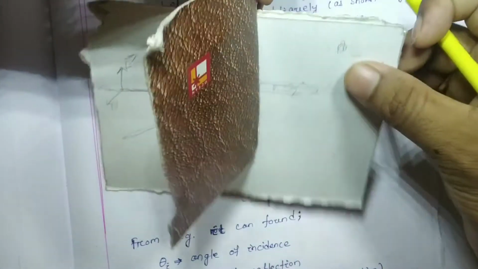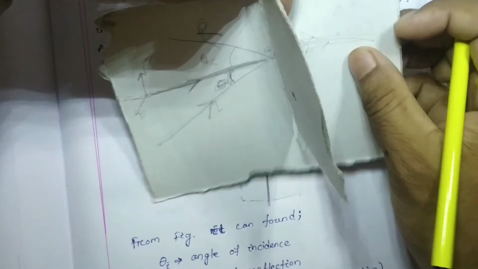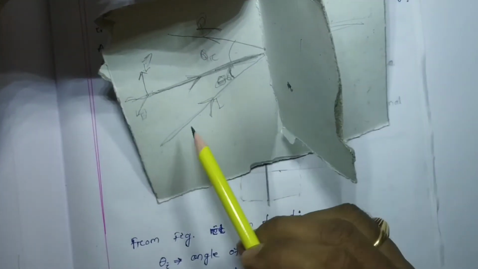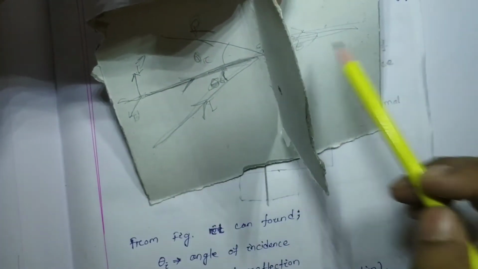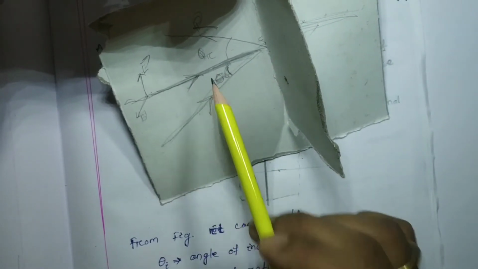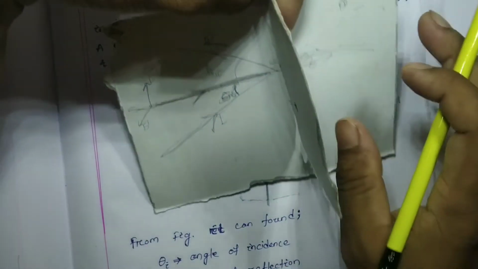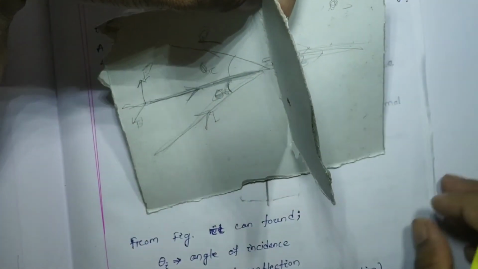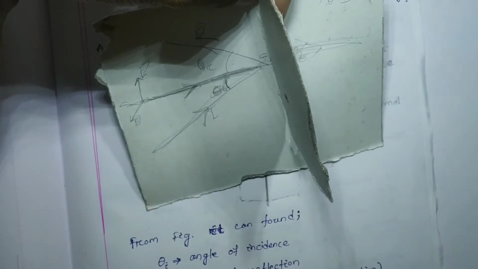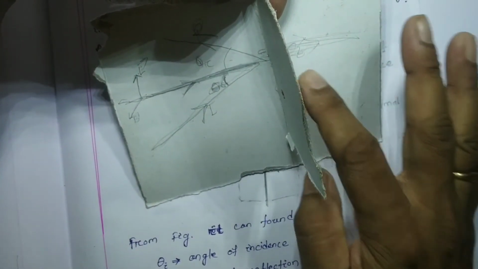This is called your plane of incidence, and you can see that the plane of incidence contains the incident wave, reflected wave, transmitted wave, and the normal. Here, normal means normal to this interface. Keep these things in mind. In our next topic, whatever we are going to discuss, they will be useful. Keep this in your mind clearly.